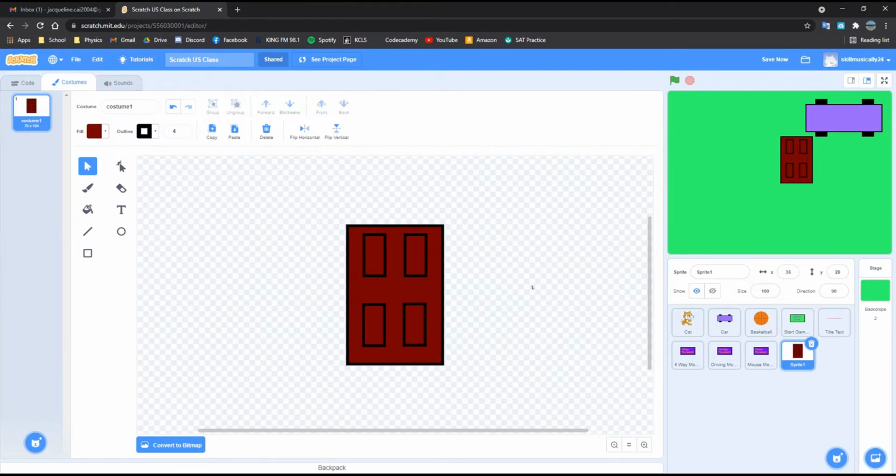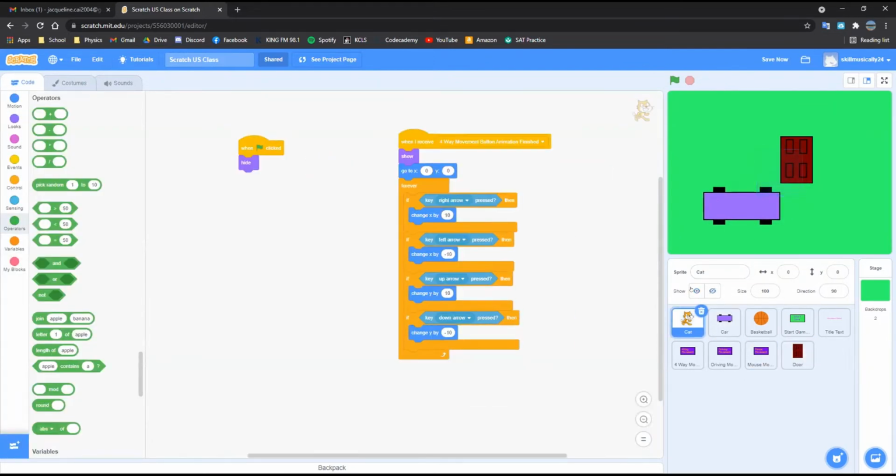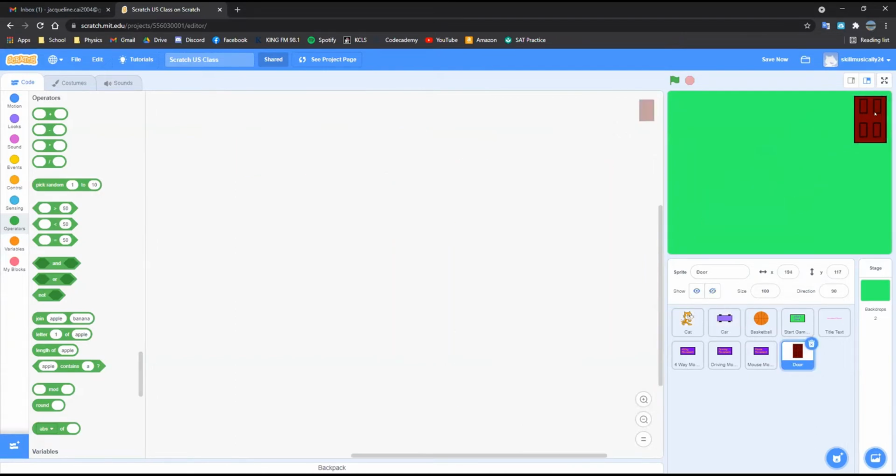Okay, and if you haven't created a door during this short time, then just make sure you have at least a rectangle on the screen that you can use as the door. Also, make sure to name your sprite door so we don't get confused with it later on. So for this door, we want this door to be at this very corner, so that the sprite will start here and have to move to this spot over here to complete the game. But before I do that, I'm going to make my door a little bit smaller